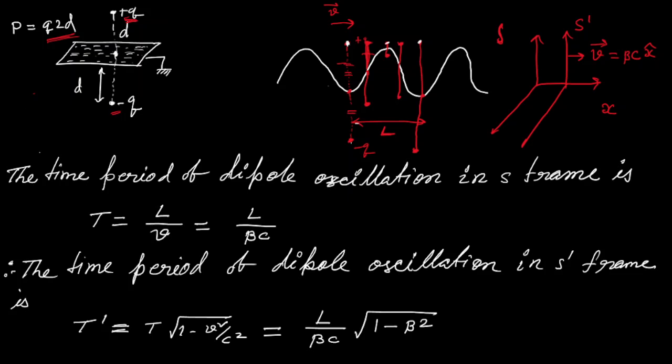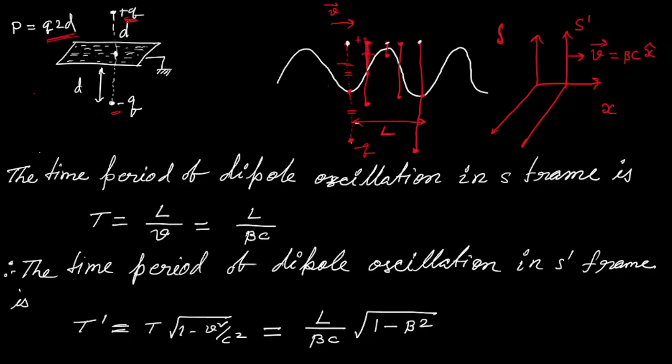So once we know the time period of the oscillations of the dipole in S prime frame, then we can write the frequency of the radiation. That is the frequency of the dipole oscillations, which is exactly the same as the radiation frequency, because the radiation's frequency is exactly equal to the oscillation frequency of the source. So in this case, the dipole is oscillating with a certain frequency, so exactly the same frequency radiation it is going to emit. So therefore